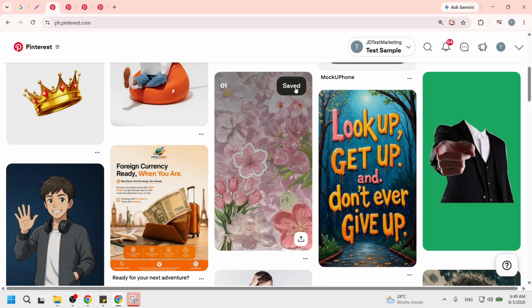The button will briefly change to show that the pin has been saved, and then it returns you to your feed with no extra steps needed. Your chosen image is now added to that Pinterest board and ready to view later. You just learned how to search Pinterest, pick any image from your feed, and save it neatly to the right